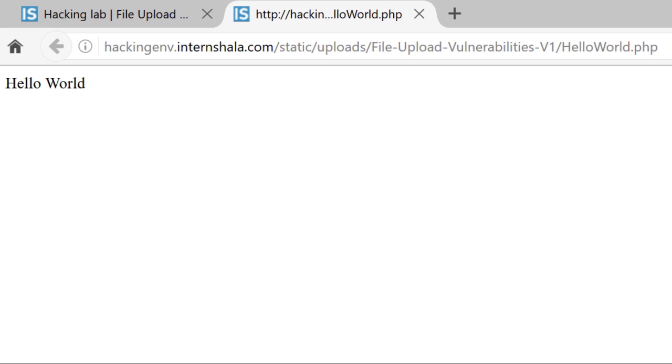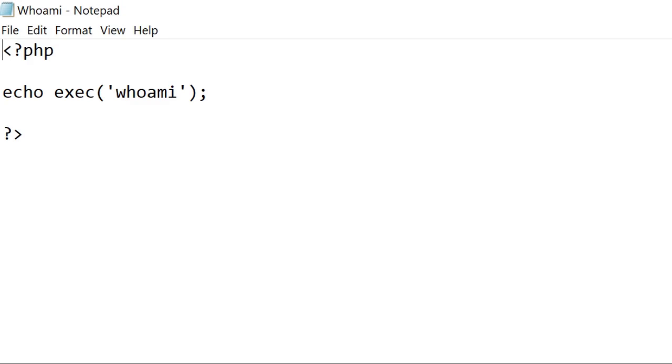So if a website lets us upload any kind of files, we can always check if it is vulnerable to arbitrary file uploads. So we have tested for this vulnerability, but now let's do a penetration test and see how much more we can exploit it. This time we will upload another PHP file with this code. Let's see what this code means. As you can see, we have used a function here and a command inside it.